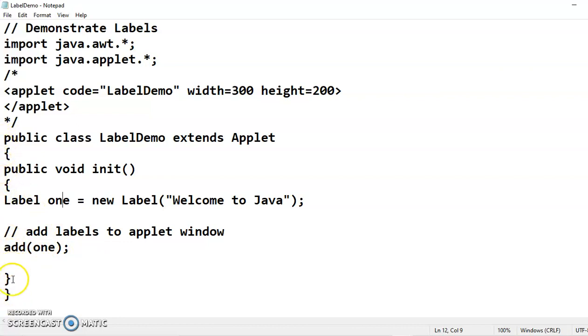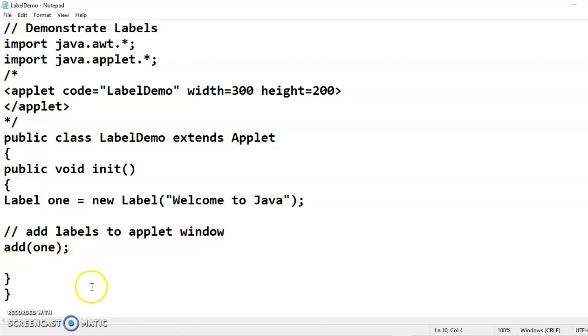So both the curly brackets we are ending. One thing which you need to remember is you need to always make the class as public. Without that, compilation and the execution of applet code is not possible. And also when you are implementing the methods of the Applet class, that also you should make them public. So you are supposed to keep the class and the method as public.